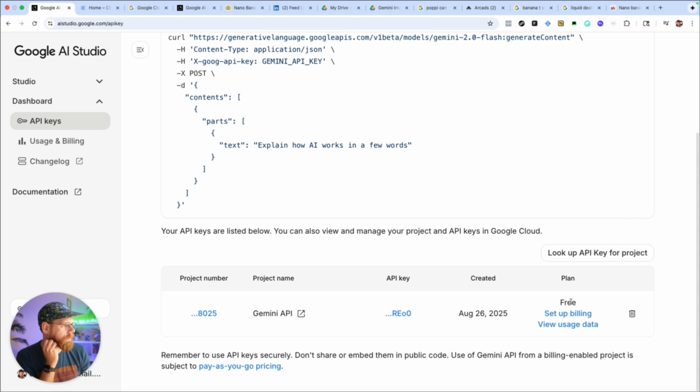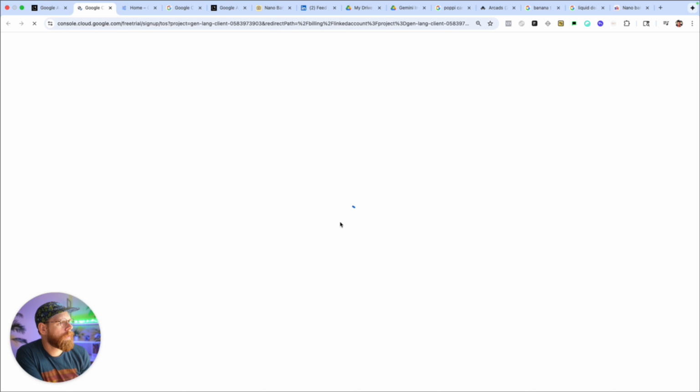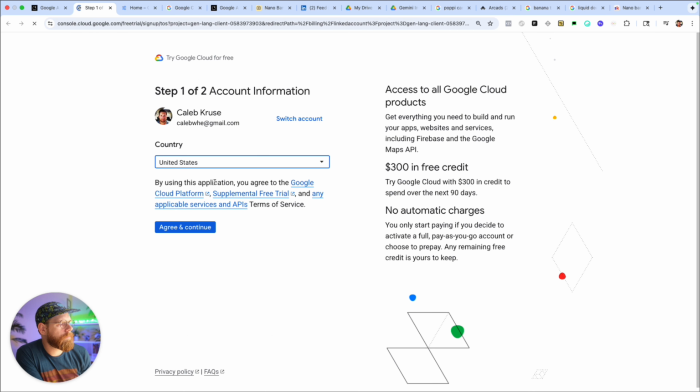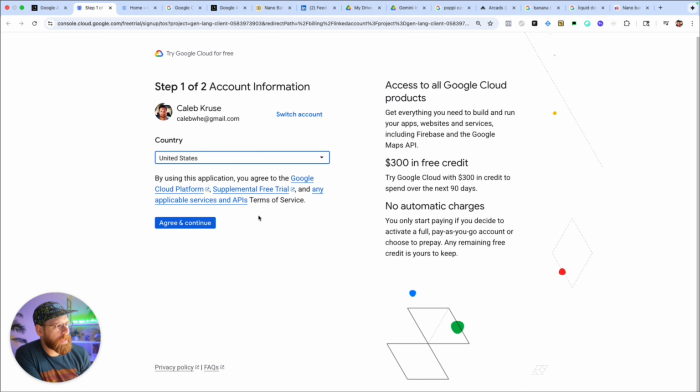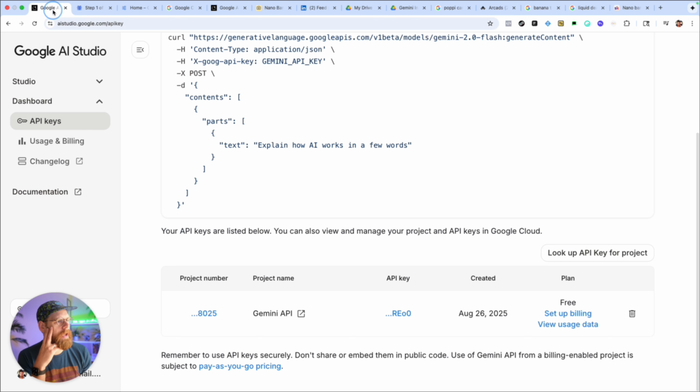So right now you can see it's set up under the free plan, which just basically means you won't be able to use it with the Airtable. So you need to set up billing. And then this will prompt you to set up a billing account, and then you'll connect that billing account to this project. So once you've got your API key and your billing set up, simply go back to the